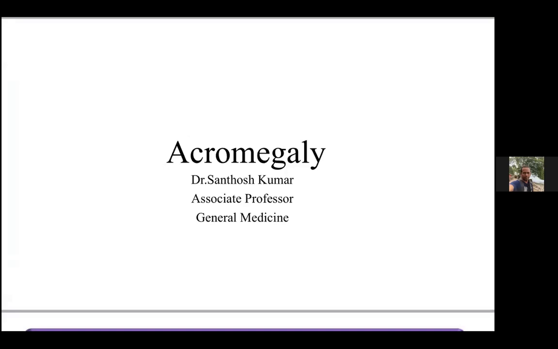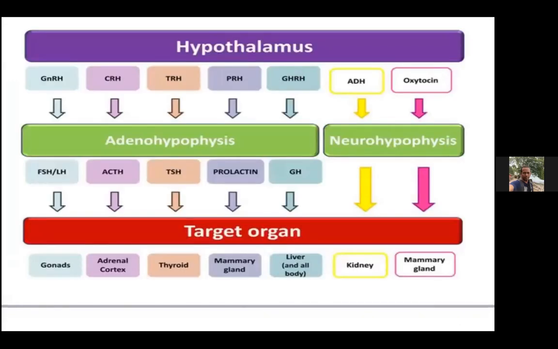So, acromegaly. First of all, before we start with acromegaly, let me just recollect what we covered in the last two classes. We were looking at the hypothalamus-pituitary-adrenal axis, but here let us look at the hypothalamus-pituitary axis. As we know, the hypothalamus sits at the base of the brain, is influenced by most of the neurons, and is basically the hub of the endocrine system.